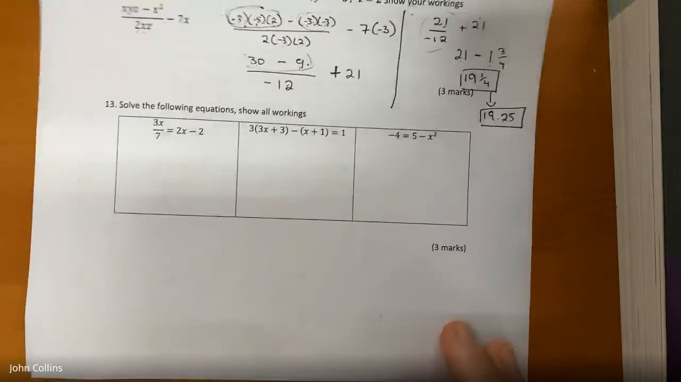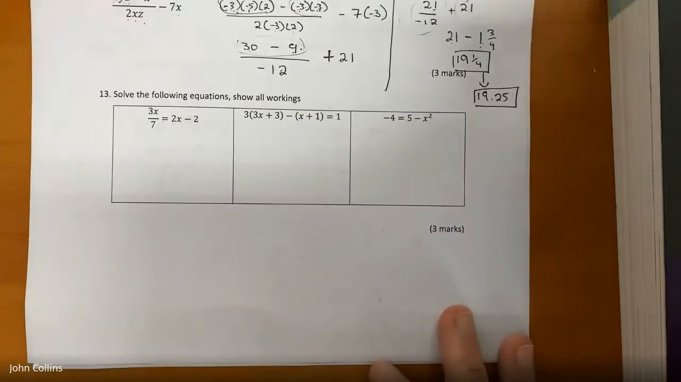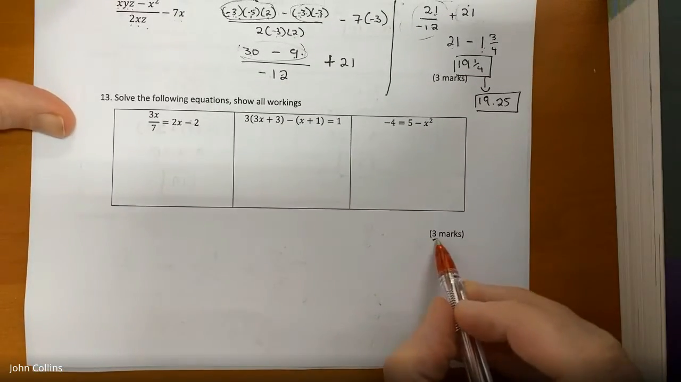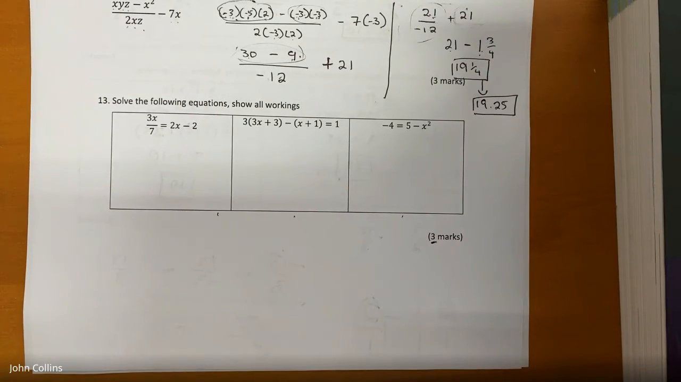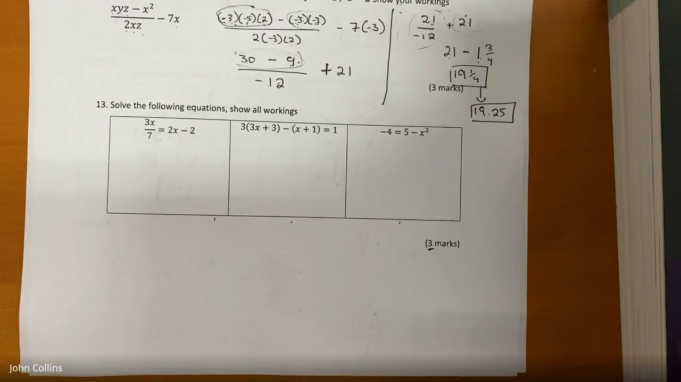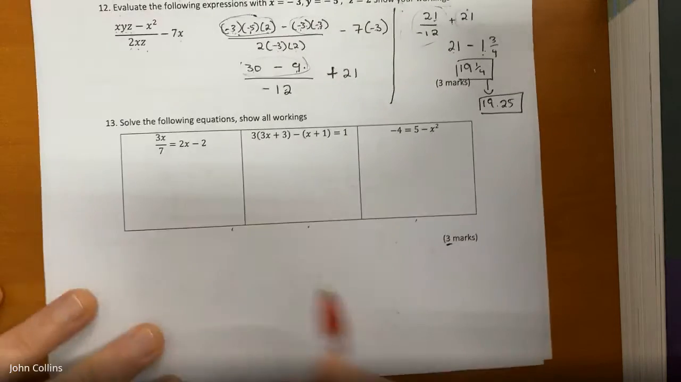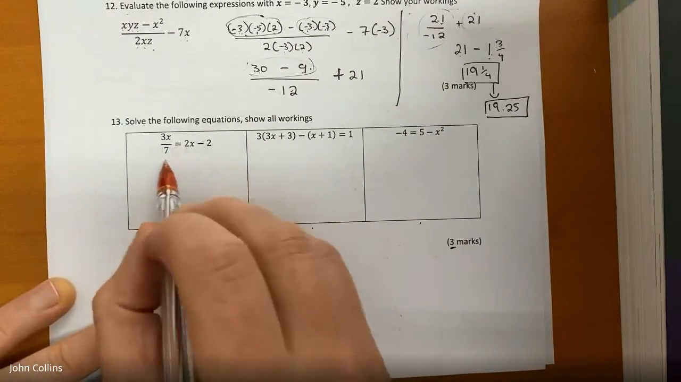Okay, so on to the last question. Now you do notice each question's only one mark, so 1 mark for each of these. So you either get the method and the answer right, or you just don't get anything for them. All right, so this one,